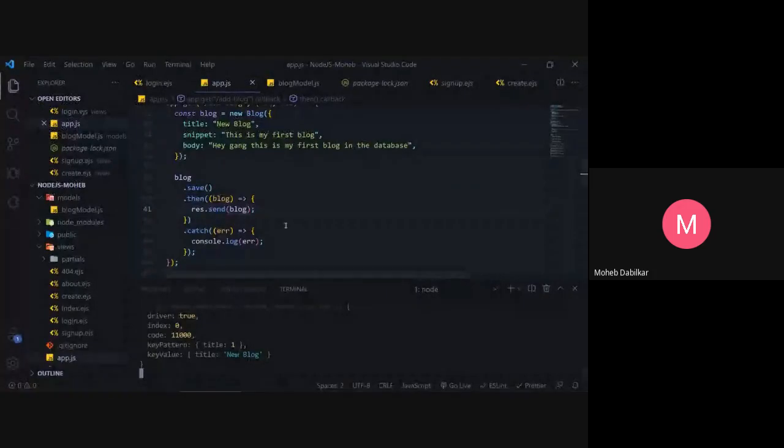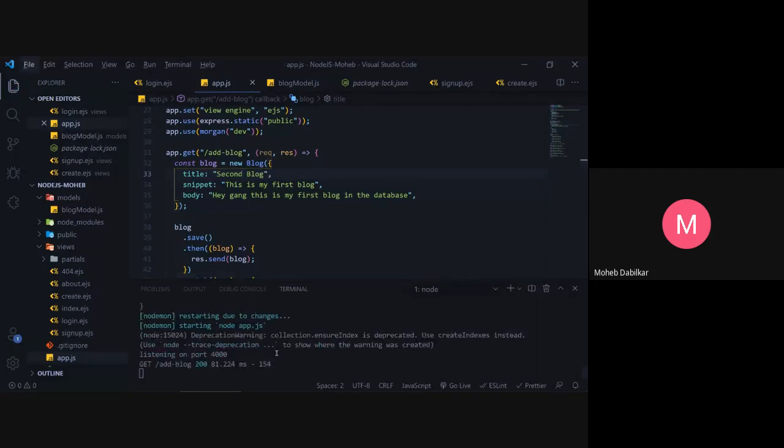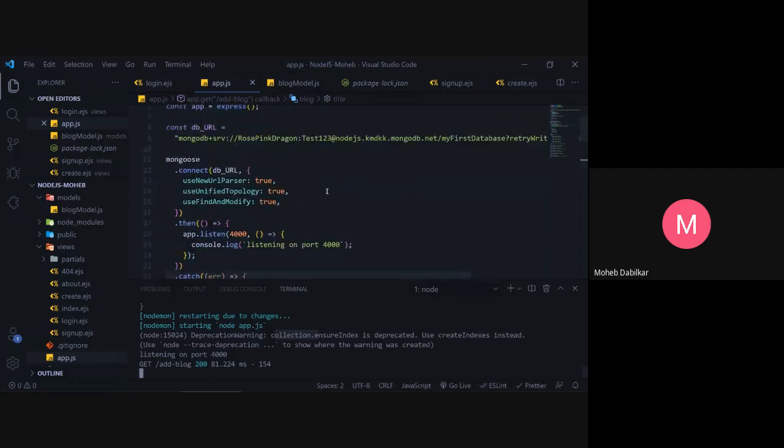So what we will have to do now is name this one second blog, hoping that it works. Collection.ensureIndex is deprecated. Use createIndexes instead. Okay, let's just forget that.